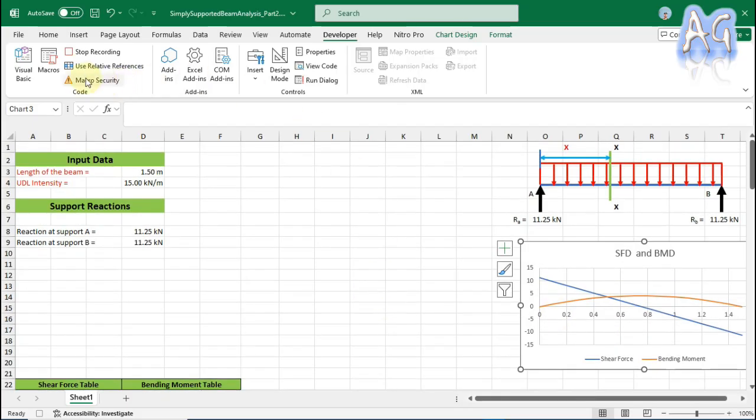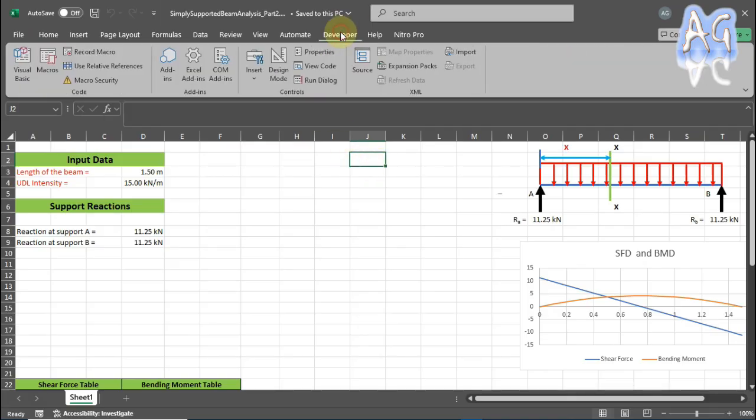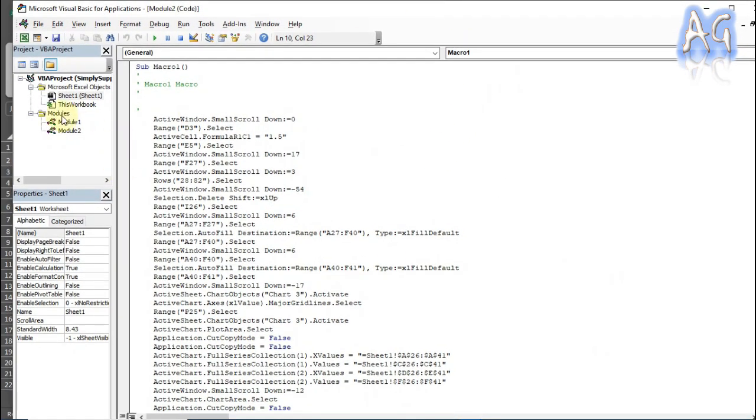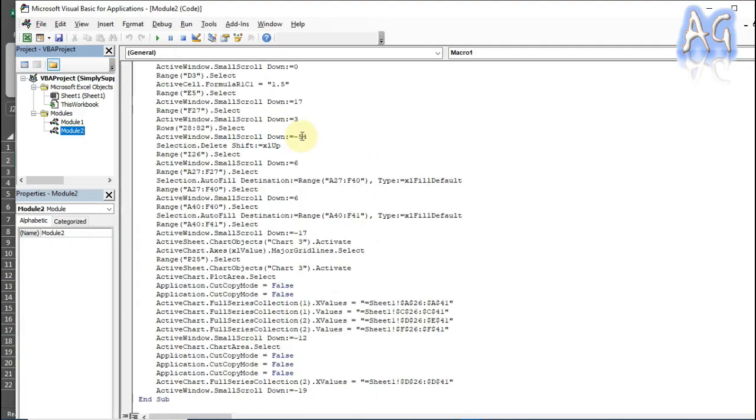So now what I'm gonna do, I'm gonna stop the recording. So now our macro recording is completed. So now we are going to the code page, and here you can see under modules there are two modules, module 1 and module 2. Previously only module 1 was there. After recording the macro, module 2 is created,